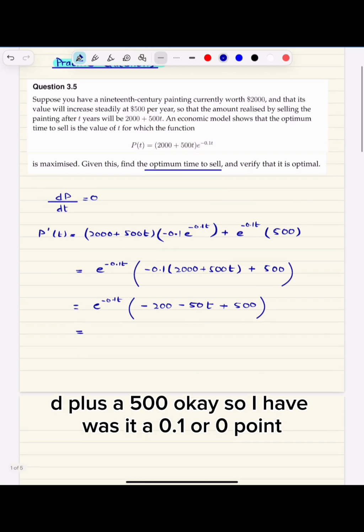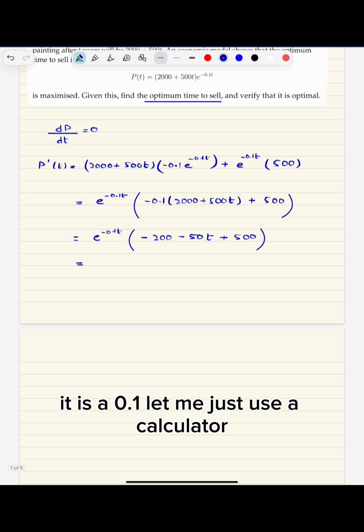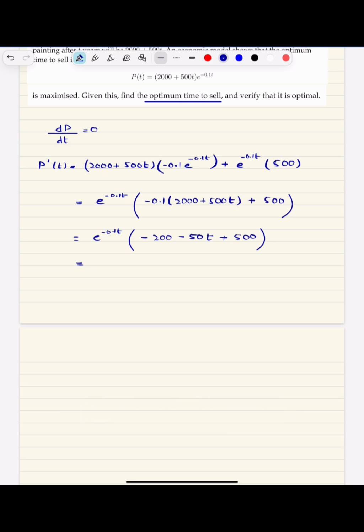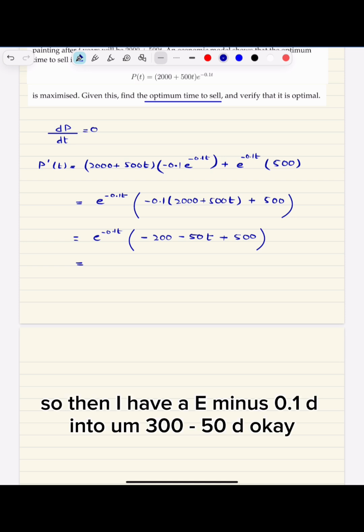Was it 0.1 or 0.? It is 0.1. Let me just use a calculator. 2000 multiplied by 0.1 is 200. So then I have e to the minus 0.1T into